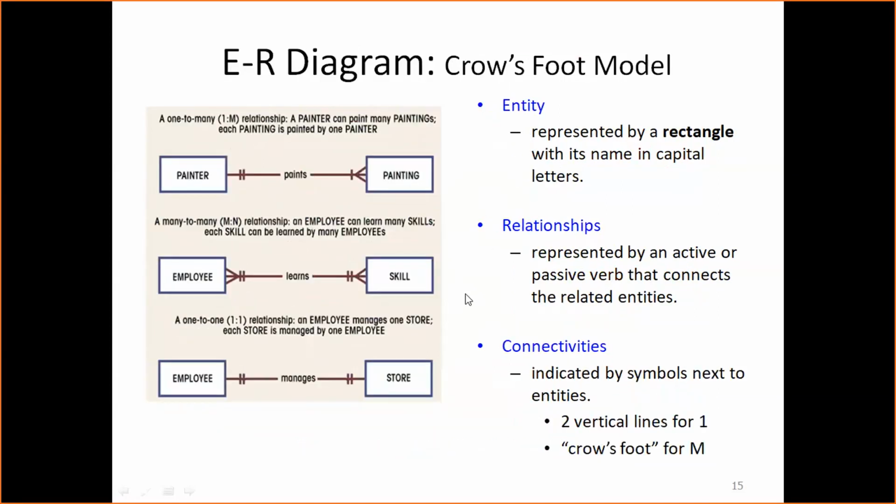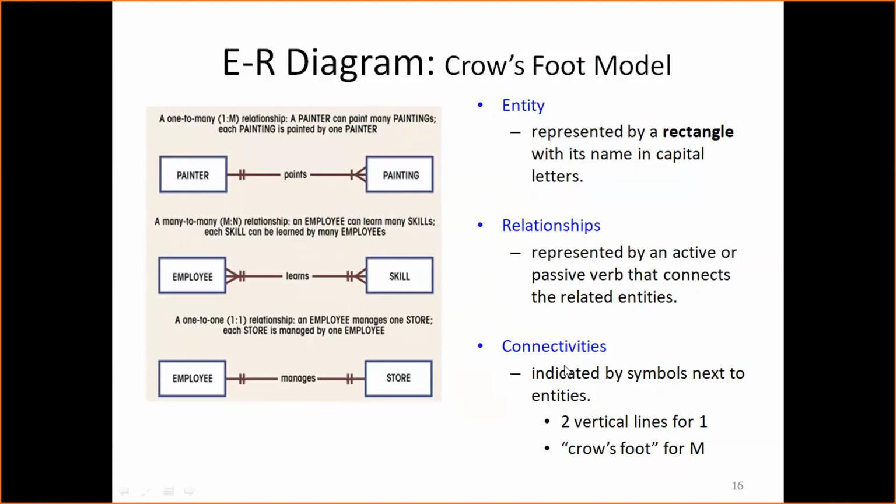Another model also exists, which is called the crow's foot model. It's very similar, the same example, but the notations are a little different here. Entity is still the same. It's shown in a rectangle with capital letters. So painter is one entity, and painting is another entity. The relationships are simply shown in the middle by connecting those two entities without any diamond symbol.